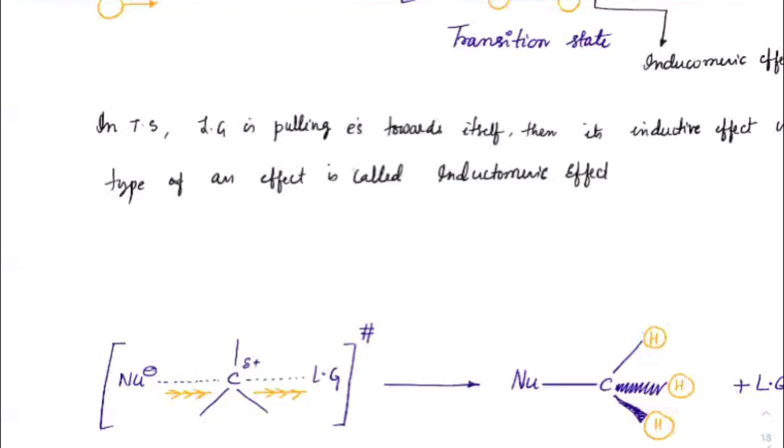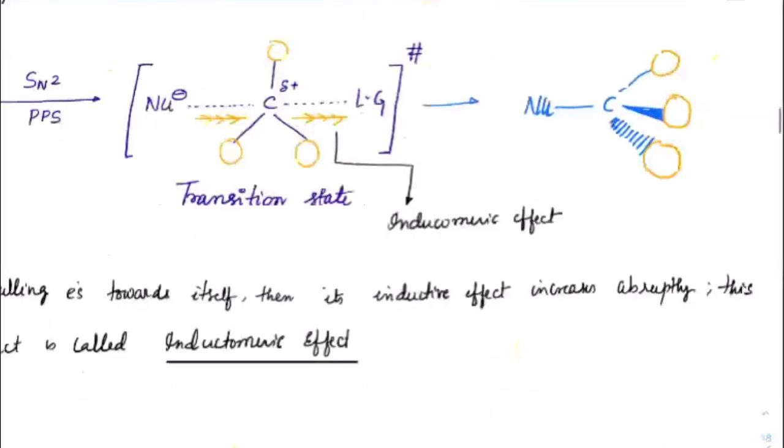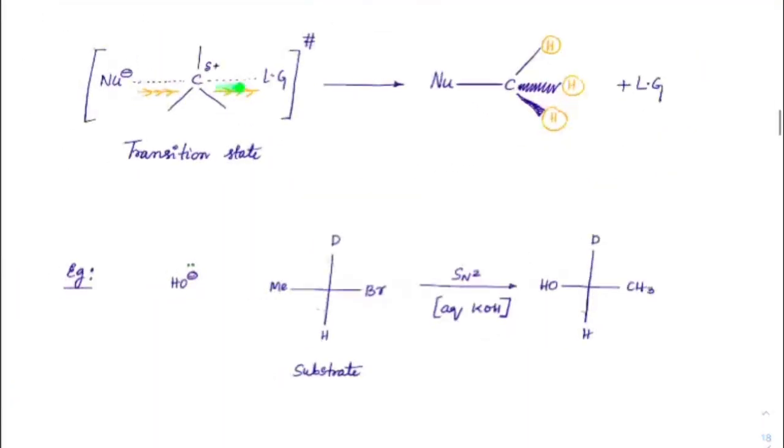So we would observe an inductomeric effect happening here, right? And electrons are more shifted towards the leaving group. So when the leaving group leaves, finally we will get this inverted stereo molecule. All right. So from this transition state, let me show again. From this transition state, we can see the nucleophile got connected with a newly formed sigma bond, and the leaving group has left with those electrons.